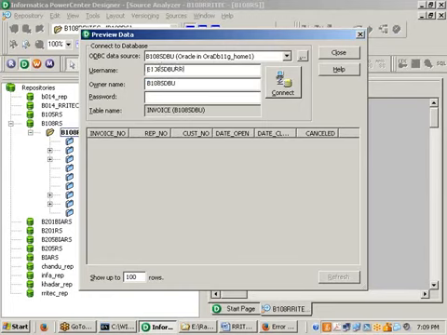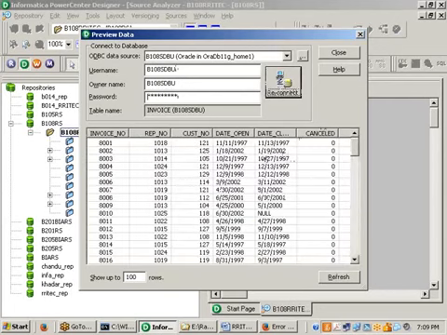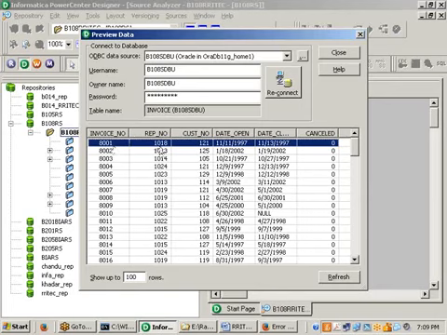Then click on connect. Now you can notice I have an invoice number, 8001, and corresponding